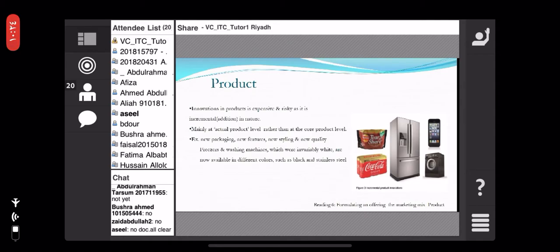Mainly at the actual product level rather than at the core product level. For example, new packaging, new features, new styling, and new quality. Freezers and washing machines, which were invariably white, are now available in different